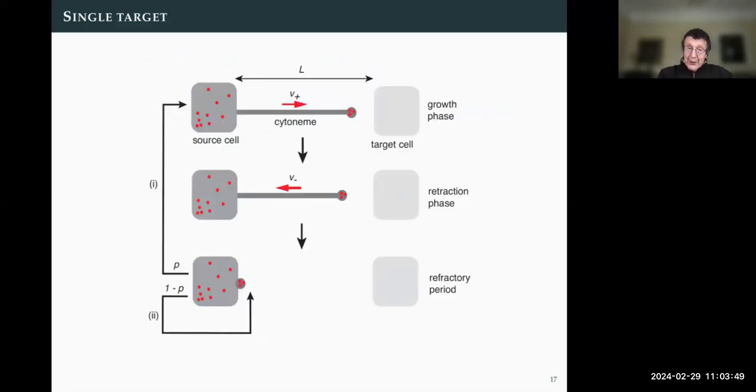And you'll notice throughout the talk, I'm using cartoons, but then I put mathematics on the cartoons. So the basic idea is, and let's simplify things, we'll imagine there's a source cell and a single target cell. Sometimes the cytoneme will grow in the correct direction and hit the target cell, but of course it doesn't know where the target cell is. Other times it will grow in the wrong direction and fail. So we have a probability of success and failure, a probability P that it grows in the right direction, and a probability 1 minus P that it grows in the wrong direction.